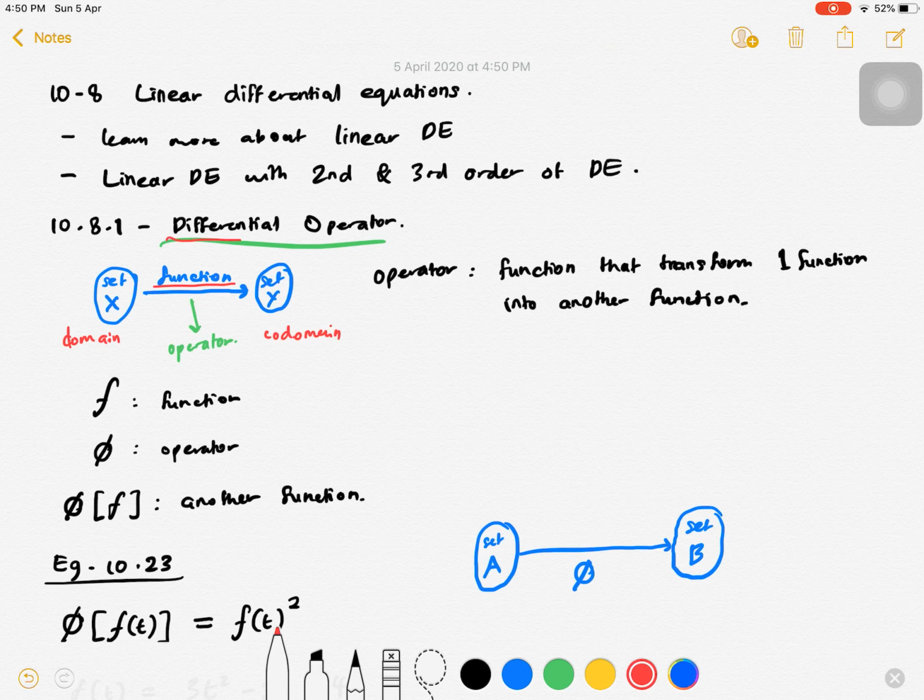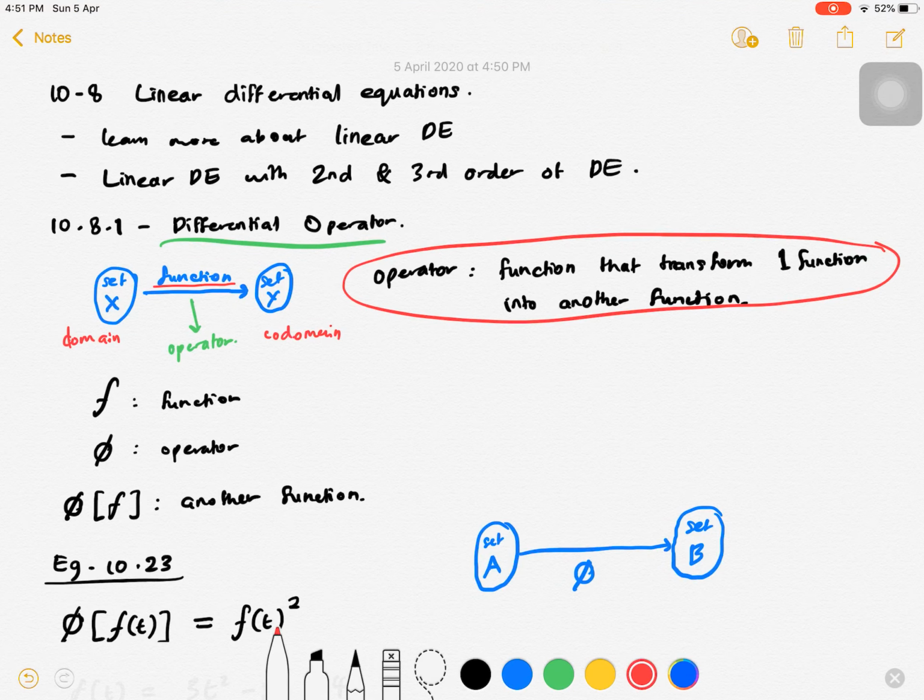When we talk about differential operator, the difference between an operator and a function is that an operator is a function, but an operator is a function that transforms one function into another function. So do you understand? If you look at this diagram,